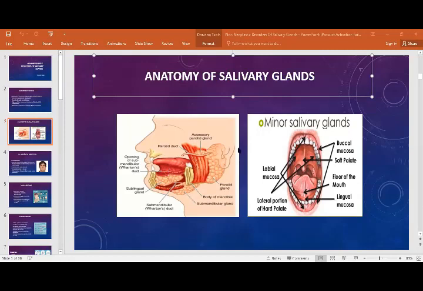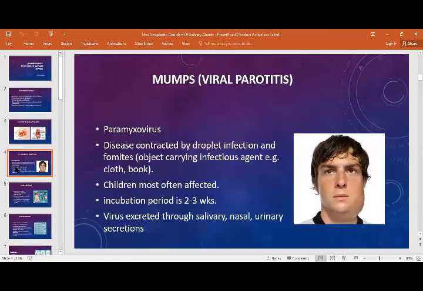Around 800 to 1000 minor salivary glands are present in the submucosa of different structures of the oral cavity, like the buccal mucosa and soft palate. As you can see, these are all the different minor salivary glands, and these are again very important. Now we are going to discuss the different diseases of the